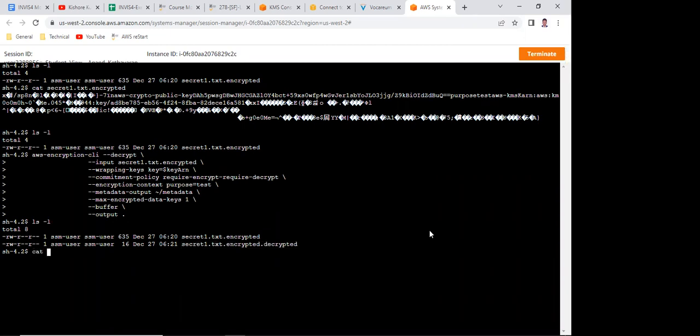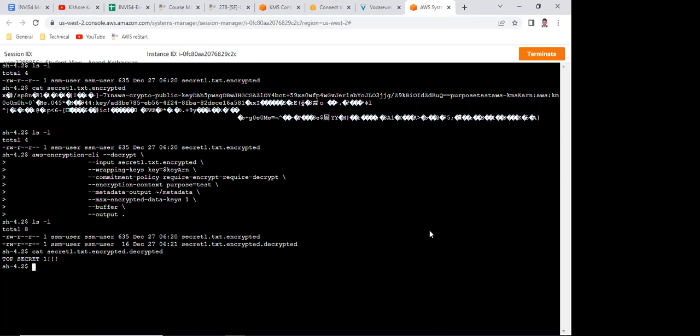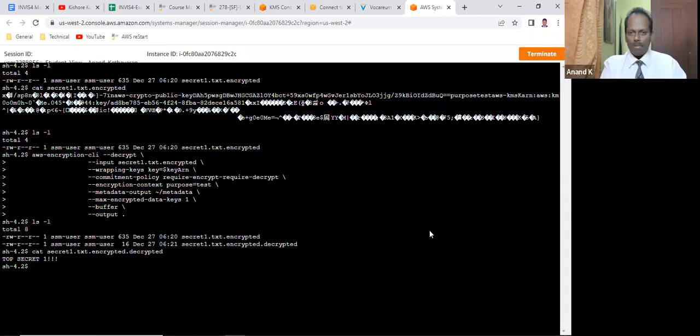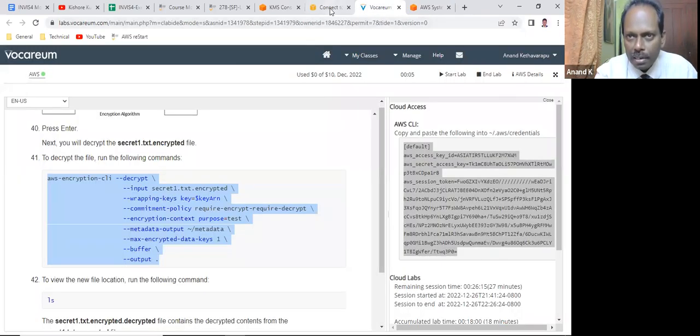Cat the decrypted file, secret1. Cat that. You should see your original message. Done? That's all. That's all is the lab. So what we have learned here in this